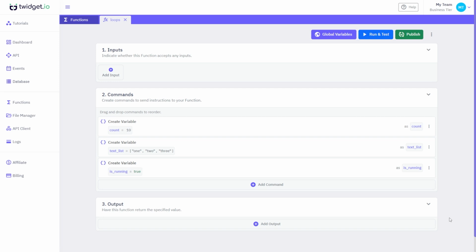In Twidget, loops allow you to execute commands multiple times, either based on a condition or through a set number of iterations. Loops can also be nested, meaning you can run loops within other loops, creating complex logic for your tasks. We have created 3 variables: a number variable called count, a list of text named textList, and a Boolean